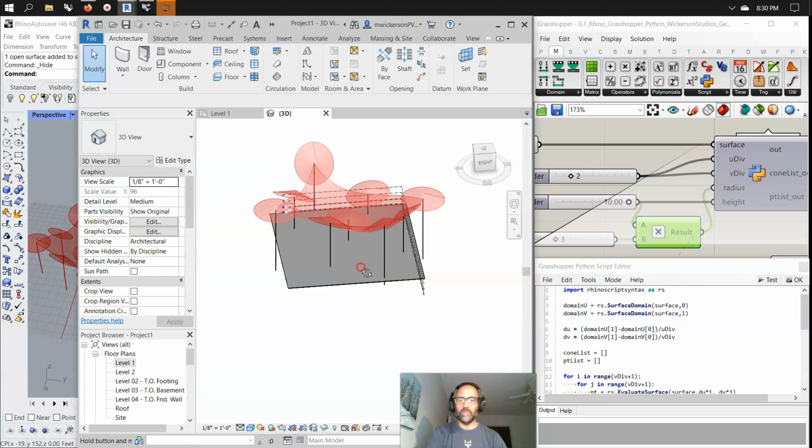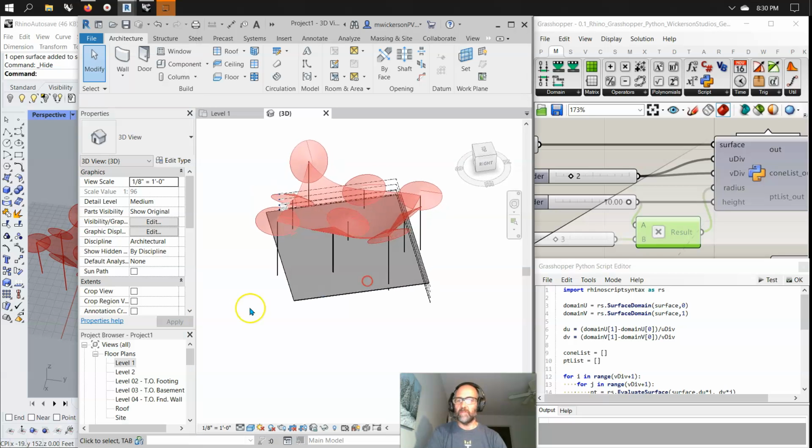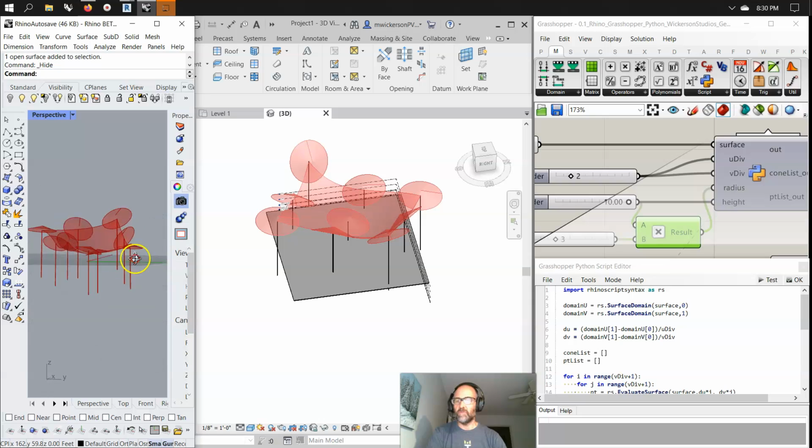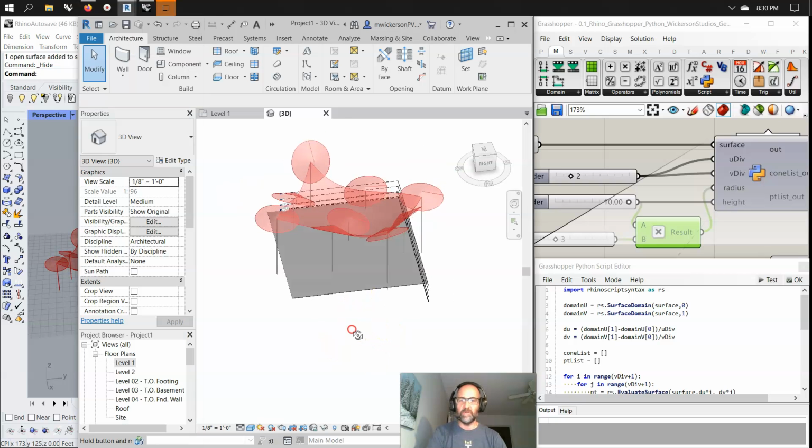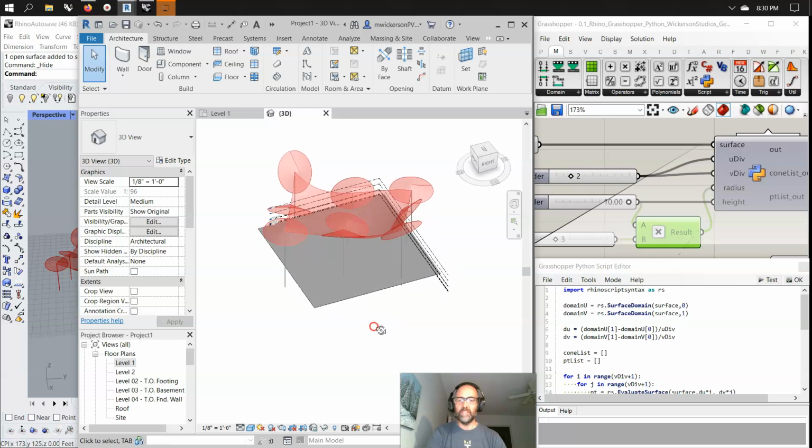You have to hold down Shift and the middle scroll button to rotate in Revit, whereas in Rhino, you can just use your right mouse button. So you kind of get this kind of orientation. I kind of wish that was the same, so I could navigate the same, but I guess for people who are used to Revit, it slowly becomes second nature in your mind. You stop thinking about these things. And that's kind of a nice